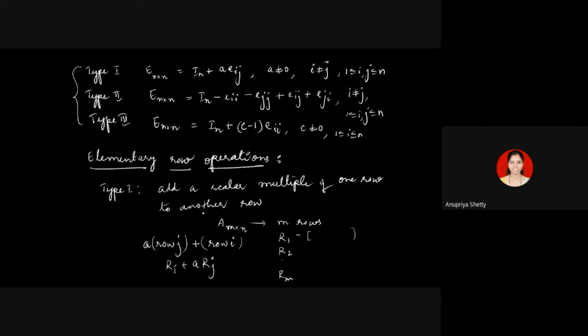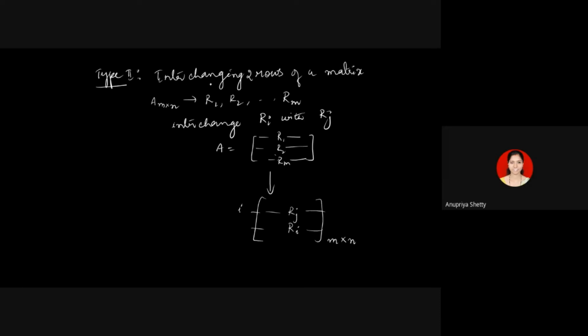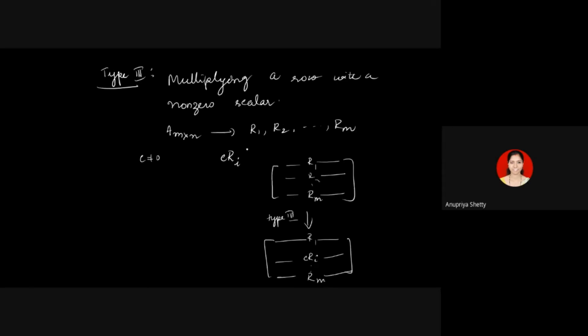Now the row operations. The first type of elementary row operation is, you multiply one row of a matrix by some scalar and add it to another row. That is type 1. I'm not going to explain each of these row operations with an example. It is pretty easy to check on your own. You choose one row of your choice, multiply with some number, add it to another row. That is row operation of type 1. Type 2 is you just simply interchange two rows of your choice. That is type 2 row operation. Type 3 row operation is you choose one row and multiply that entire row with a non-zero scalar.